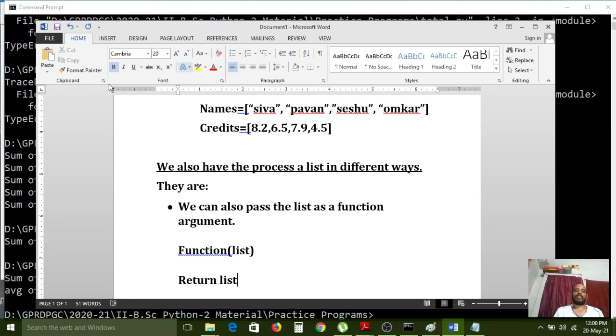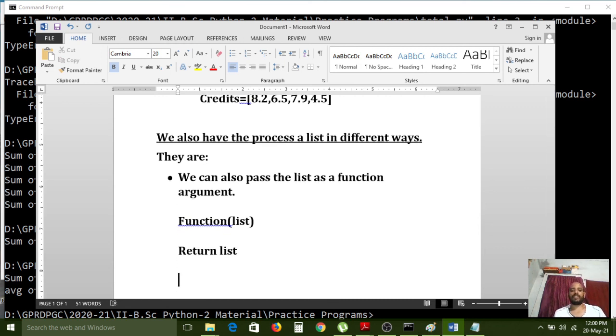So after executing that function logic, the return statement can return the list to the calling place. So like that we can use it. And also with files, we can store the list of items in the system hard drive.